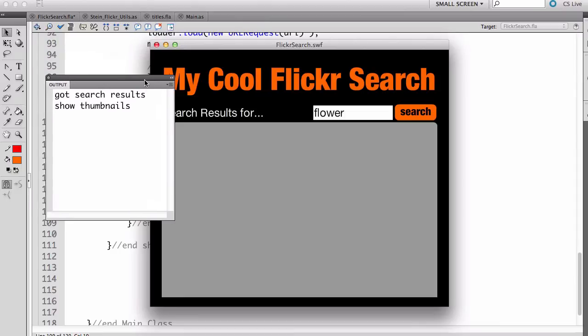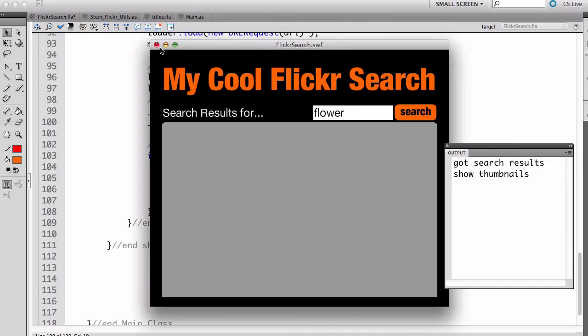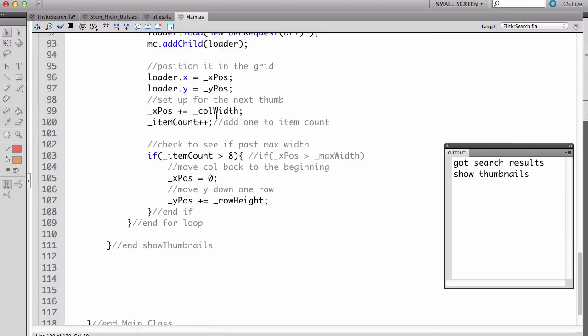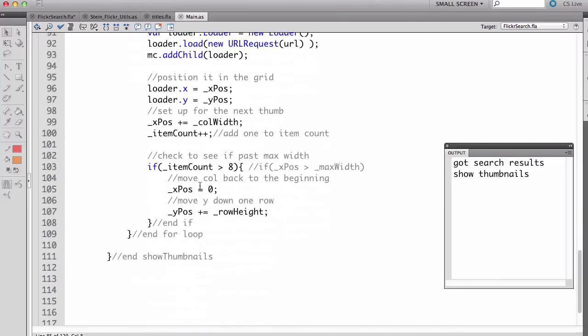So we're showing that we got the search results and went to show thumbnails, but we're not quite there yet. Part of the problem right now is that we're adding everything to this movie clip, but we haven't put this movie clip into our scroll pane. So after the for loop is done,